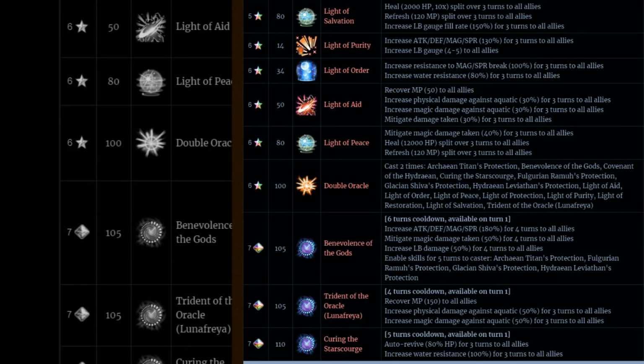She has Benevolence of the Gods, 6-turn cooldown, available on turn 1. It's a 180% attack, defense, magic, and spirit buff for 4 turns to all allies. 50% magic damage mitigation for 4 turns to all allies. 50% limit burst damage buff for 4 turns to all allies, and then it activates Arcane Titan's protection, Fulgarian Ramuh's